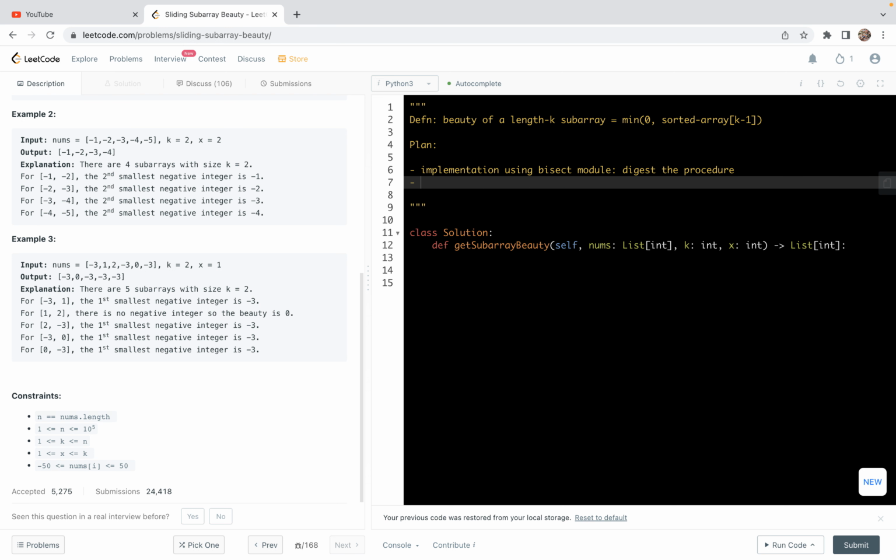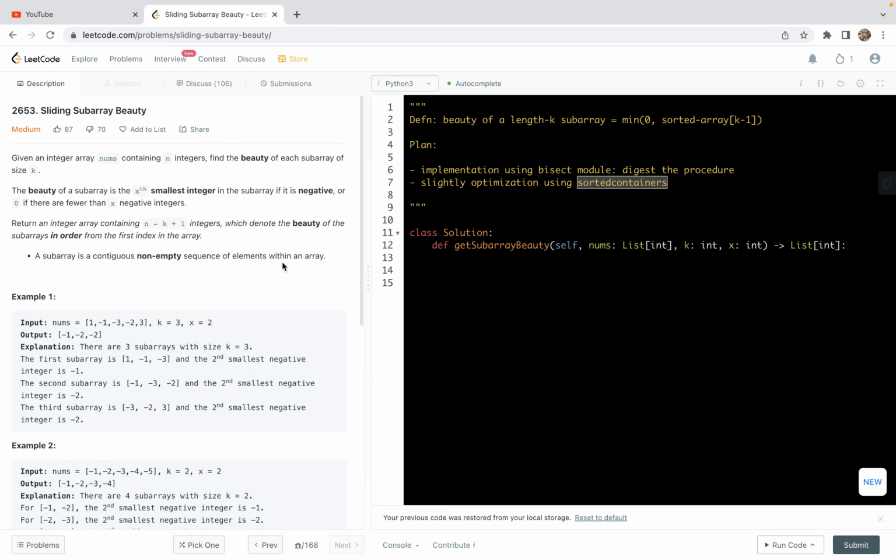With that done, we can talk about our plan. First, I'm going to make an implementation using binary search, with the bisect module or library. This will actually help us digest the procedure. If we test that, we get a time limit exceeded error, and then we are going to do a slight